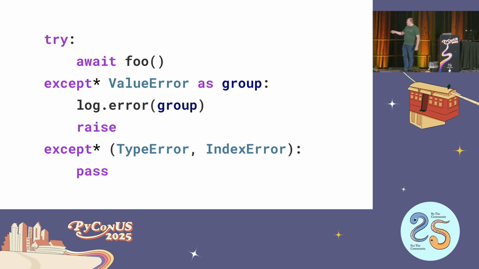So you can log your exception group. You can use the subgroup method, which does the same thing semantically as except star. It will take the subset of the group that matches the type or the conditional that you have. Or you can do split to divide it into two parts, one that matches and one that doesn't. It depends on exactly what your application is doing, but it's relatively rare to need to do much more than log errors, respond in aggregate, or sometimes pull out a single error to raise. And that's a tricky pattern.